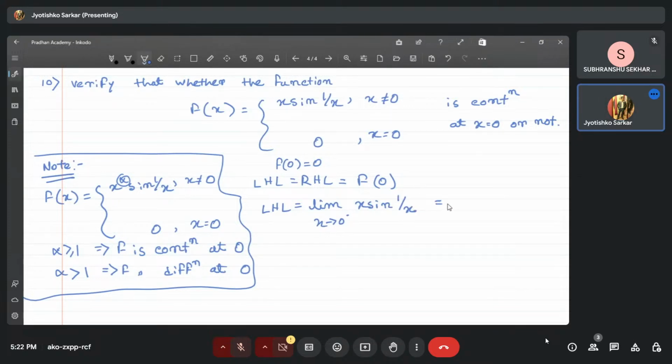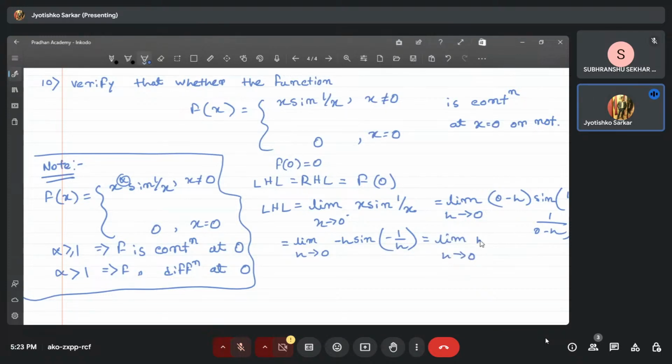Now from the definition of left hand limit, I can replace it by 0 minus h sine 1 by 0 minus h. So it is limit h tends to 0 minus h sine of minus 1 by h, that is limit h tends to 0 h sine 1 by h, and this is a very well known limit to us that its value is 0. Okay,